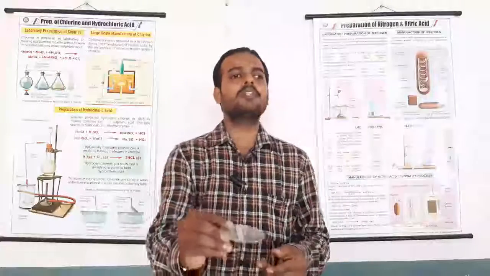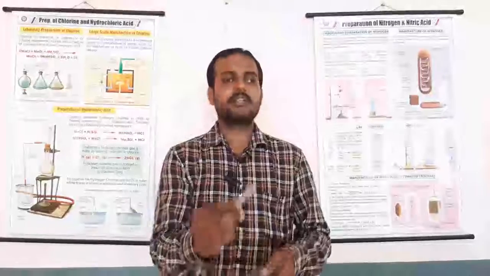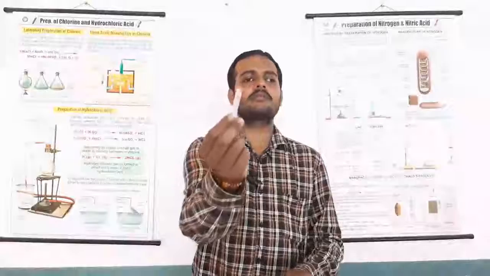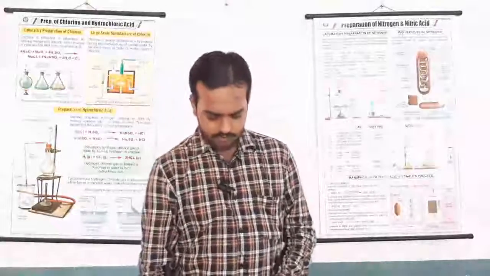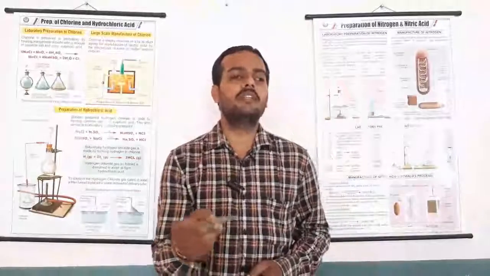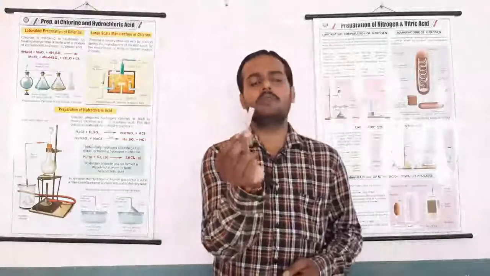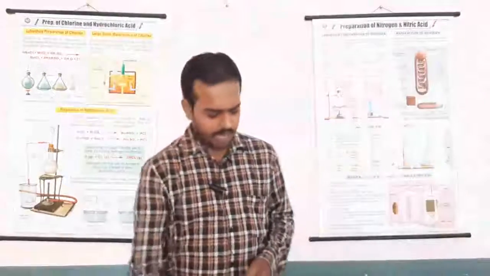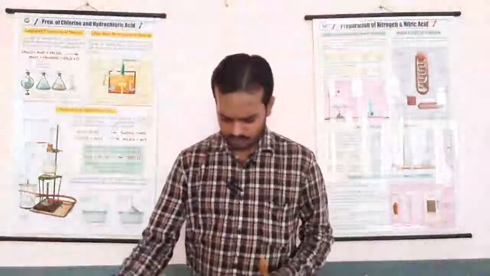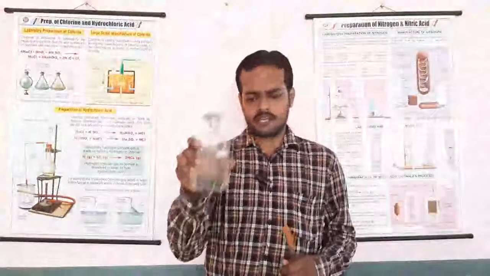I have taken litmus paper, this is a red litmus and we have taken blue litmus. As all of you know, acid does not change the color of red litmus, whereas acid converts blue litmus into red. So, we have some samples. Suppose we are adding sample A